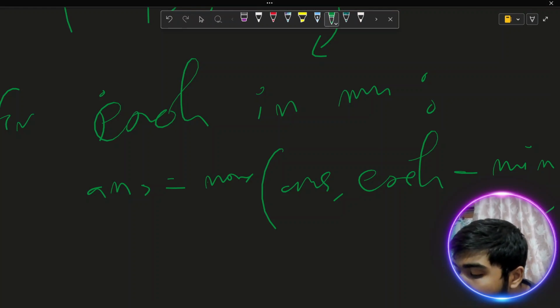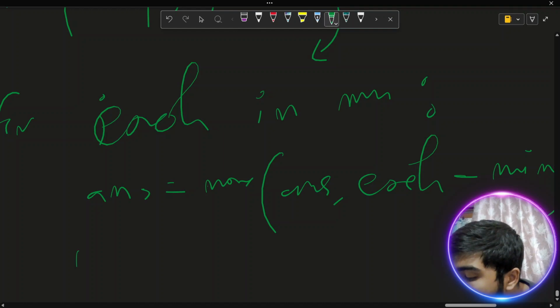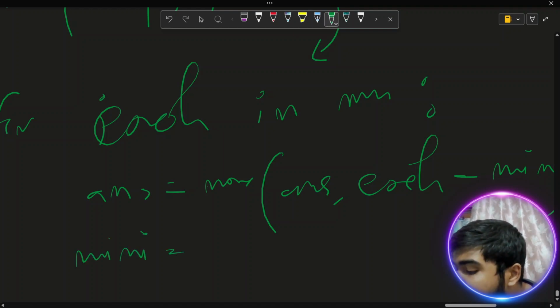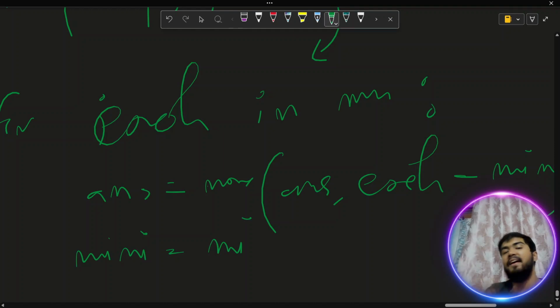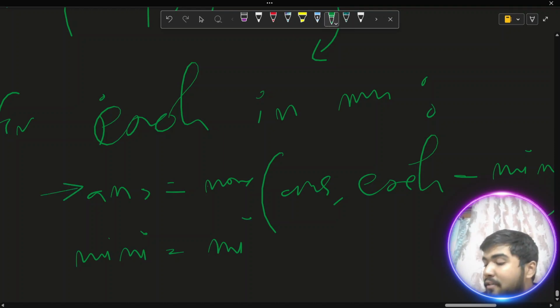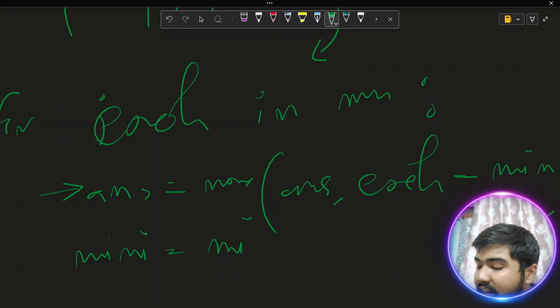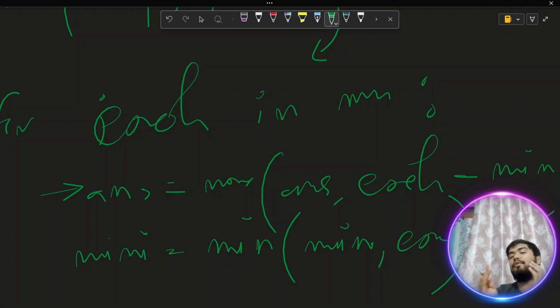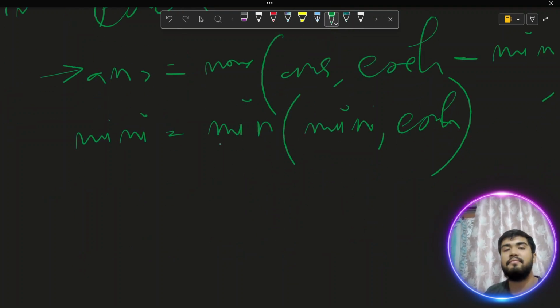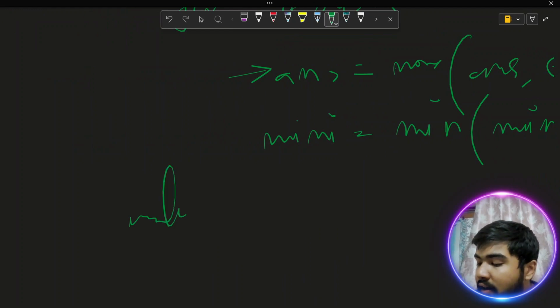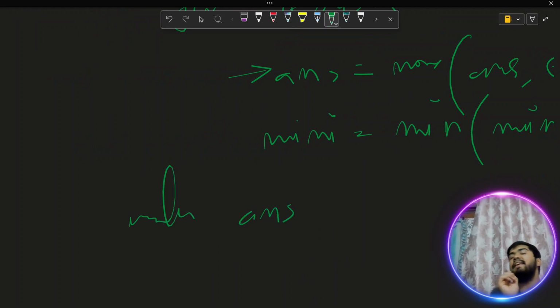So my mini should get updated after this, because now that is a part of my mini, but not now. So here I have to take each minus mini, the current element minus the mini of whatever is to its left. After that, only then do we update our mini to the current element, so that for the right indices, if it is the minimum, it is going to be considered, and finally we can return our answer. But there is a single